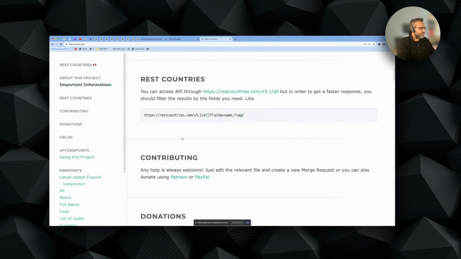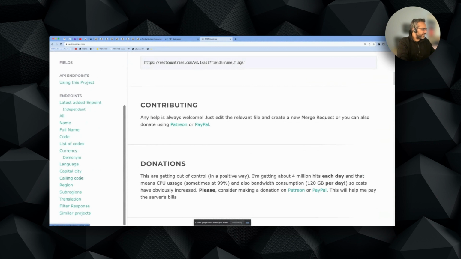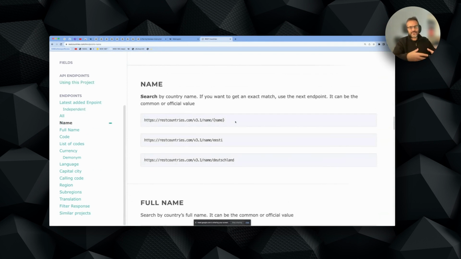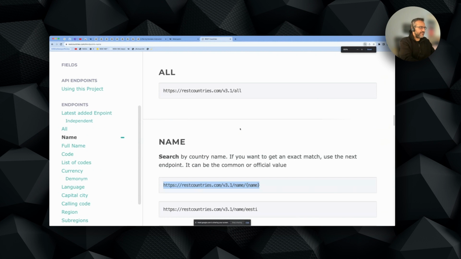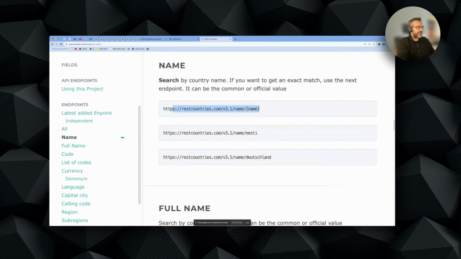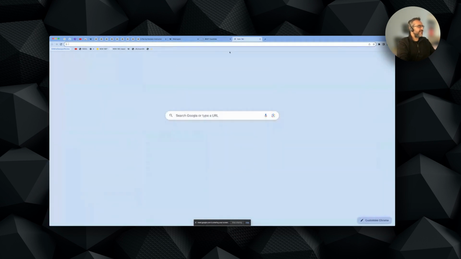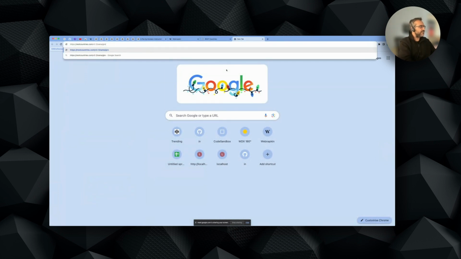So if I go to, let me check for a country, search by name, let's go to here. So the commands, the programming interface that the service provides, is not in the form of a JavaScript command, it's just a URL. And they say that if you use this URL and replace the name here with your country name, you will see your data. So this is requesting some data. We're not writing something. So let me try Greece. I will copy this and I will replace Deutschland with Greece. So if I open this in my browser and I replace Deutschland with Greece,